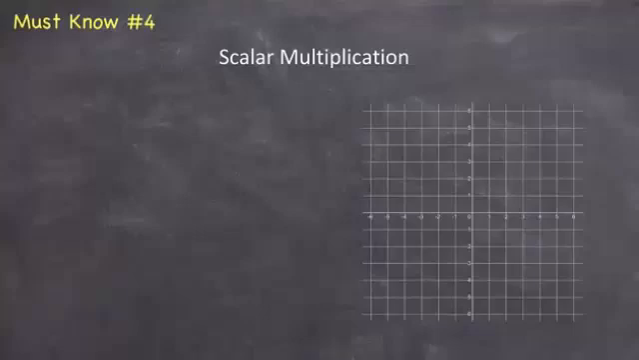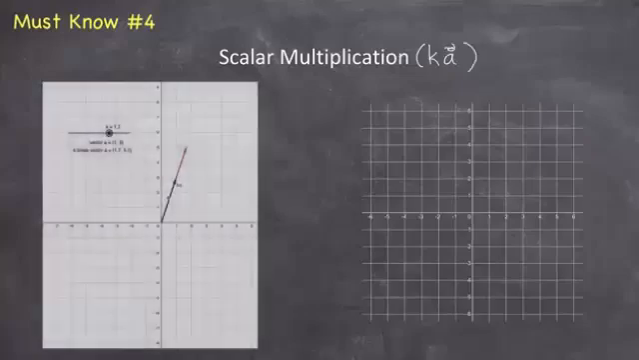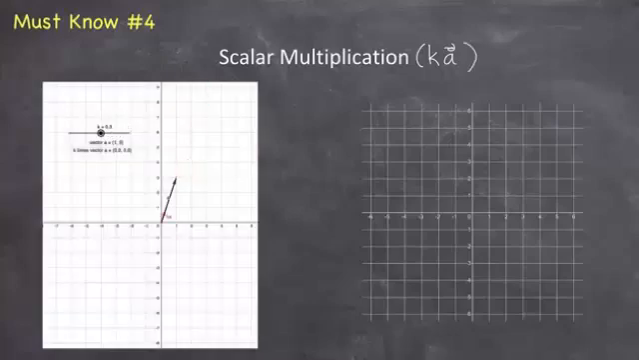Scalar multiplication. For this, let's look at what happens if we were to take some vector and multiply it by a scalar. So let's say we have k times vector a. When multiplying a vector by a scalar, it might get longer or shorter depending on the value of k, but the result will always be a vector that's parallel to the original vector, either in the same direction or the